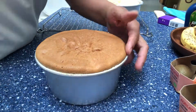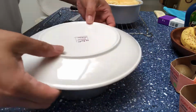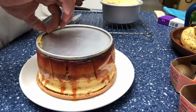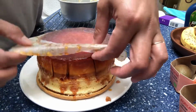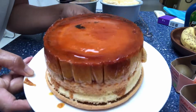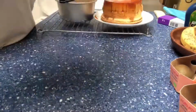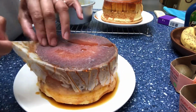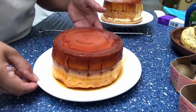So once it cools down a little bit, we can flip it now and let's see the difference. So after I flip and put it on a plate, I found out that it doesn't really have a difference. It's just the color on top. Of course, because it's steamed, it's lighter, and the one that is baked has the golden brown color, so it looks more beautiful, but the taste is the same. The texture is the same,